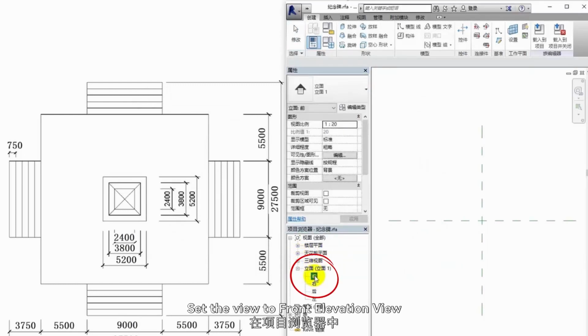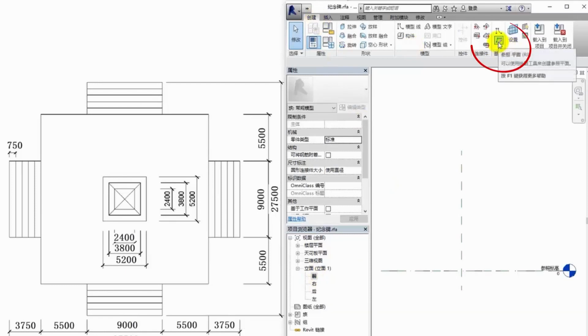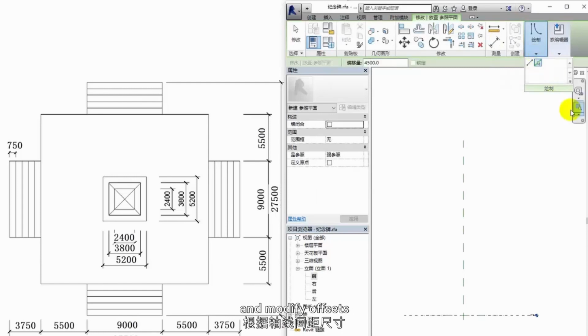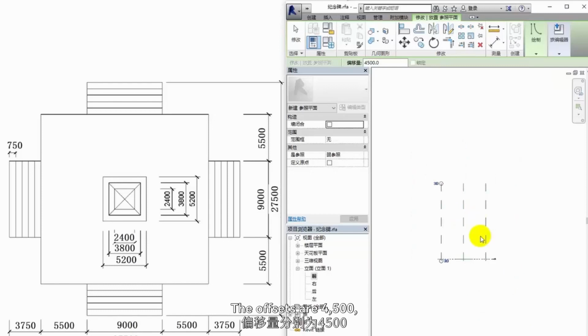Set the view to Front Elevation View in the project browser. Because the components are complex, we need to locate them using reference grid lines. Click Reference Plane on the Create tab, click Pick a Line, and modify offsets according to the grid line spacing. The offsets are 4,500,